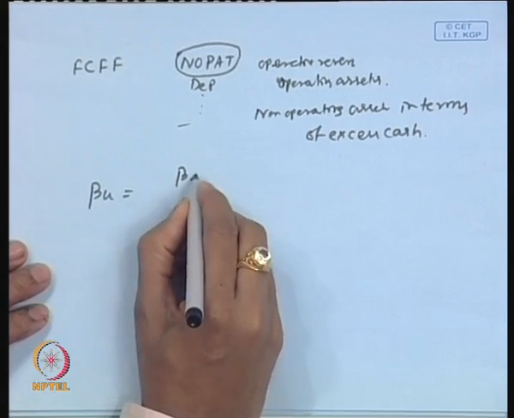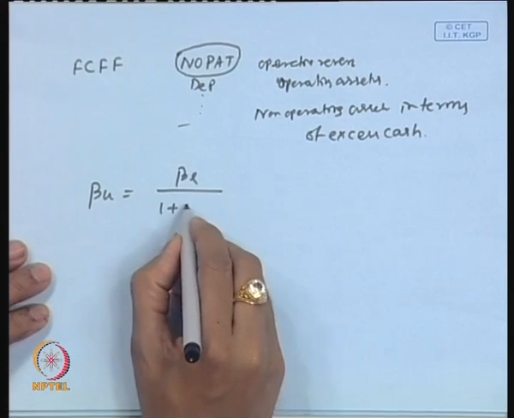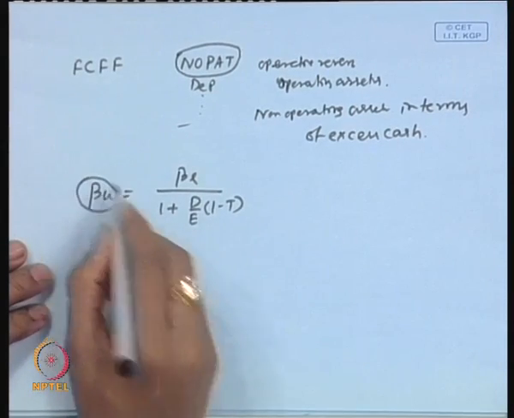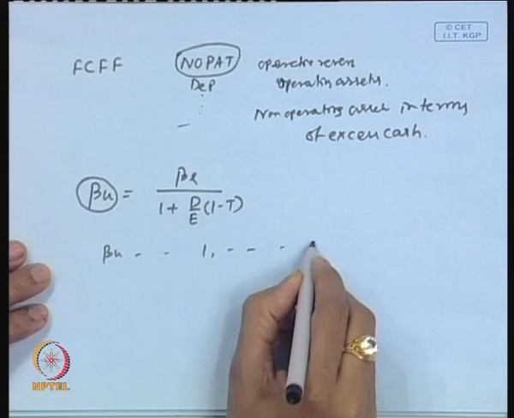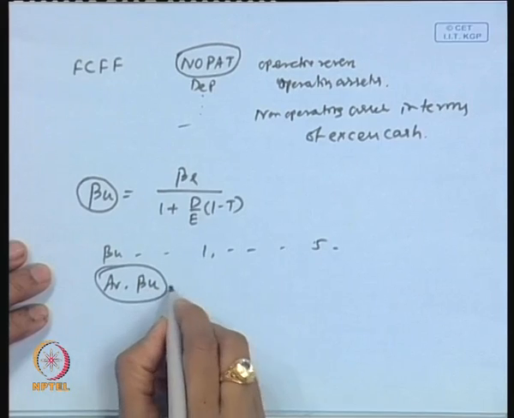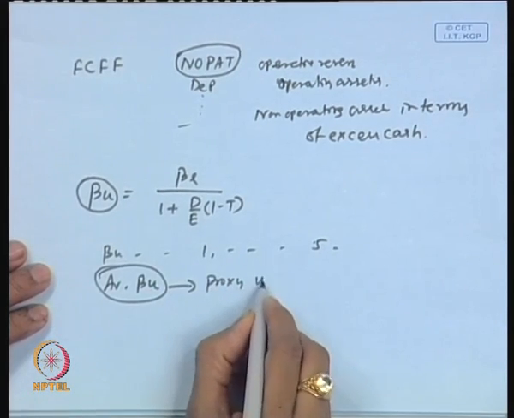So, for them the beta is not possible to find out. In that case, we can find out the beta of comparable companies, and this beta is actually levered beta. This levered beta can be adjusted to find unlevered beta for the respective companies, by applying this formula: levered beta divided by 1 plus D by E, adjusted for leverage, times 1 minus t. That gives unlevered beta. And once you have unlevered beta for, say, 5 companies, take the average of unlevered beta,